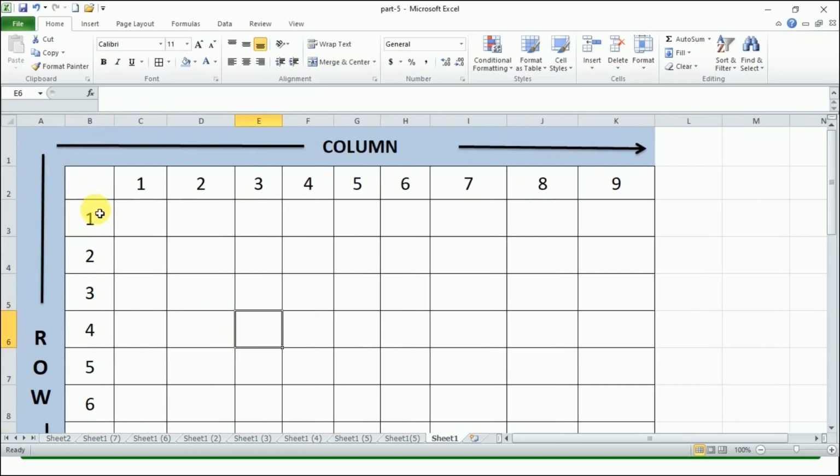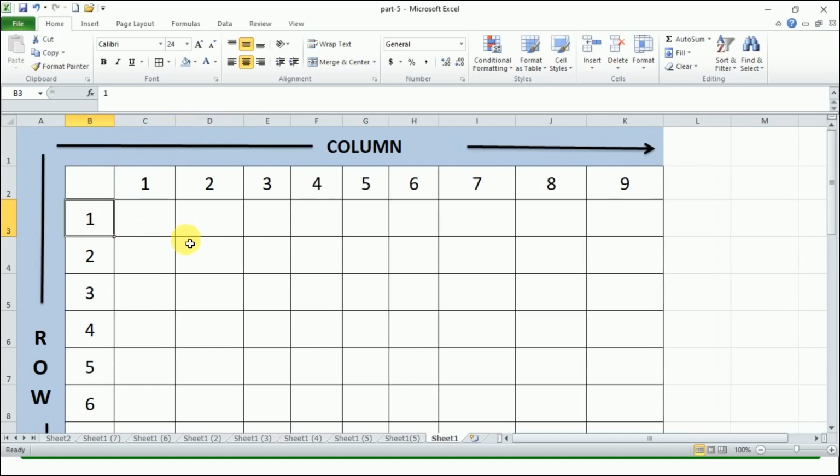I have kept the first content in C2, and on this side, I have kept the first content in B3, right? Mixed cell referencing is a combination of both relative and absolute referencing. Let me show you first and then I will explain.